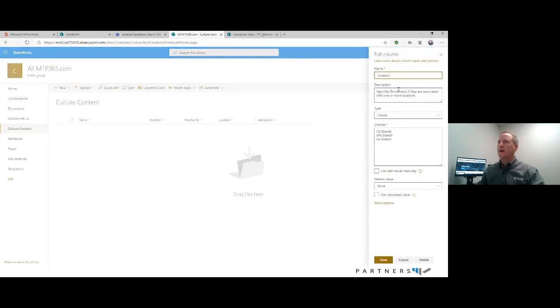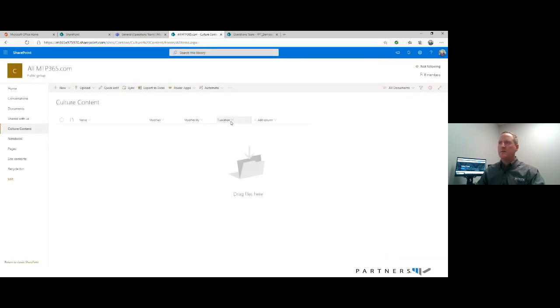I basically said I can identify stuff by location. So like Colorado branch, Minnesota, or Arizona. We don't have an Arizona branch, but you get the idea. So I could choose that I want to identify documentation at the all company level based on the location. And that could be different sites that you may have in your organization as an example. Now notice this column is here, but it does not exist in the other document library. So I'm going to click on the other document library up here, and that location column will not show up,